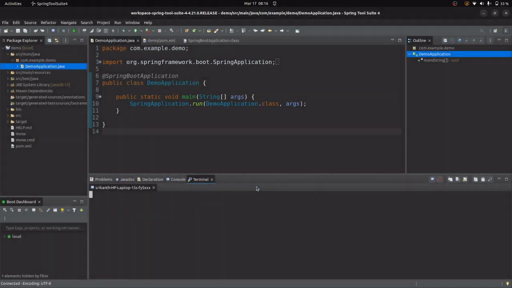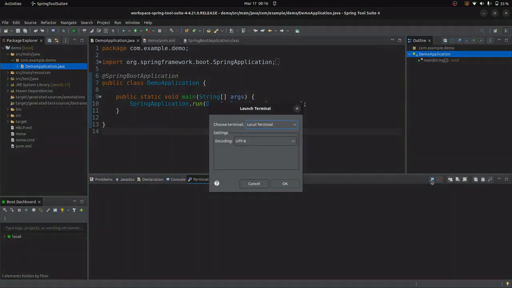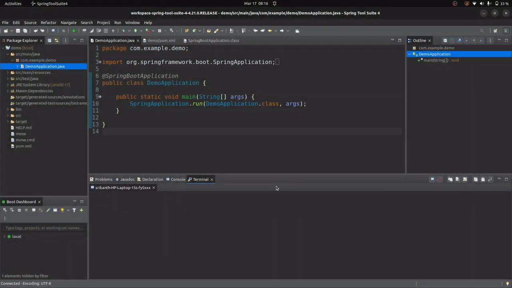No, these are not what we want. So let me reopen it. For some reason it is not opening. Okay,